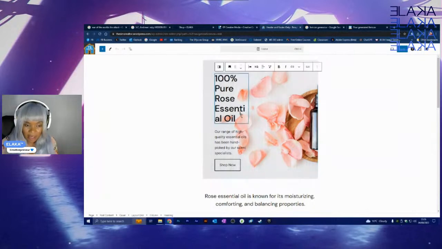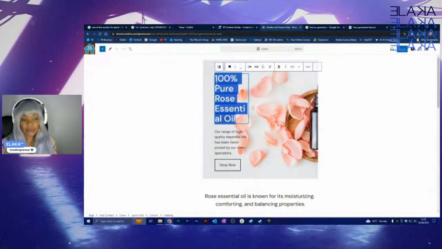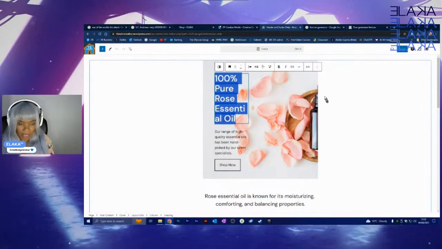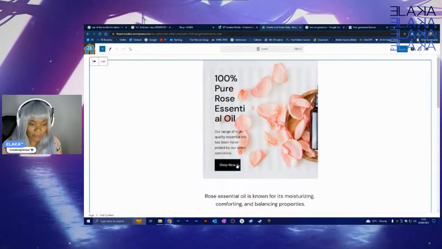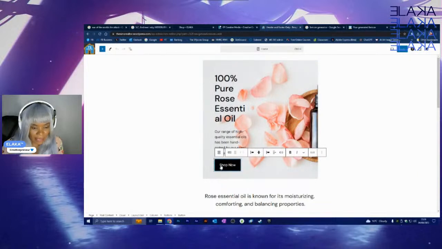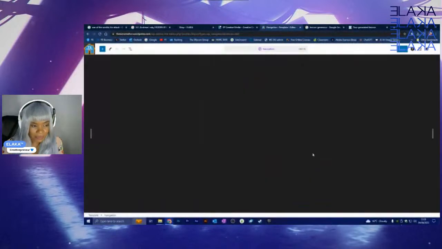And then here I can change that wording because it's already got it formatted. It allows you to stick within the same type of formatting, which I think looks nice. It's one of the reasons why I chose this website for the tutorial. Then it's got sections here that say shop now. This is an icon that will take people to the shop store. When I click on that, it gives me the option to edit it. So when I click on edit,